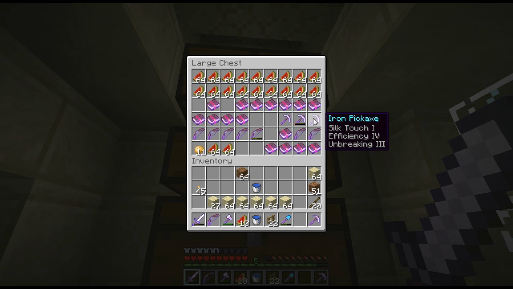So I got a couple of new things, a book or two, mostly just combined enchantments. I had two different picks, an Unbreaking 3 and an Efficiency 4. I used them up and then combined them and used them up again. I was going to repair them with iron, but it took like 4 iron to repair it, so I made another one, just a plain old pick,